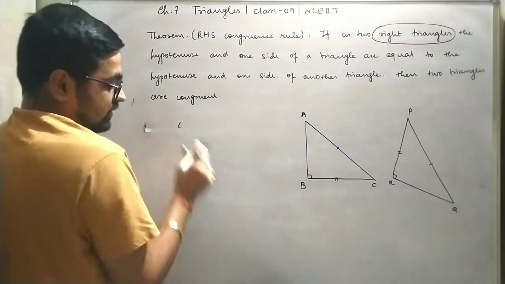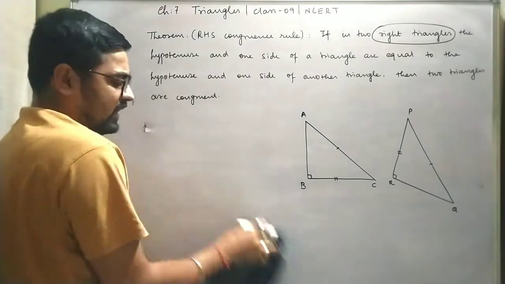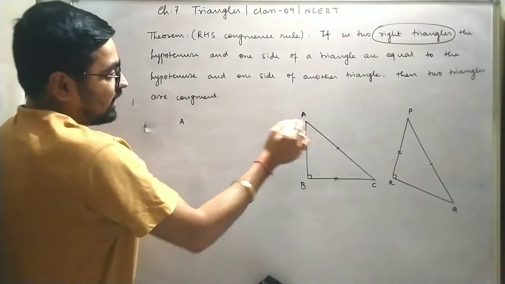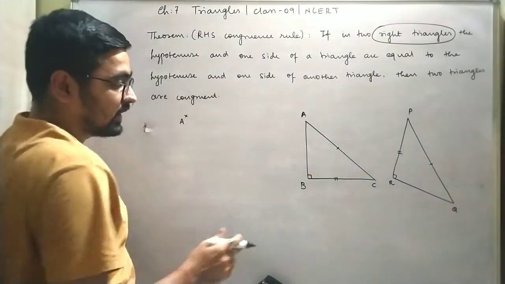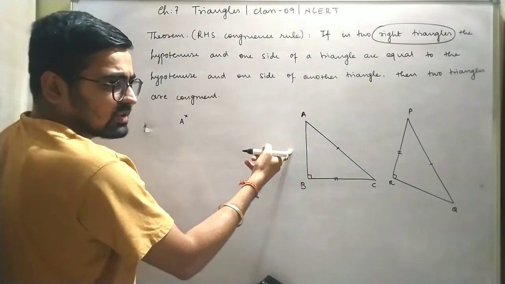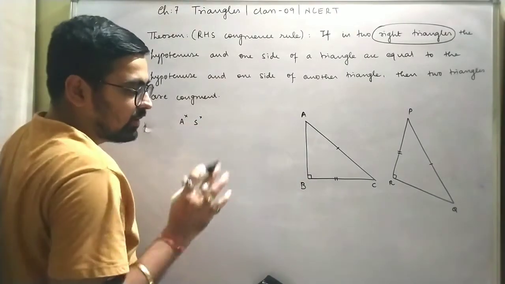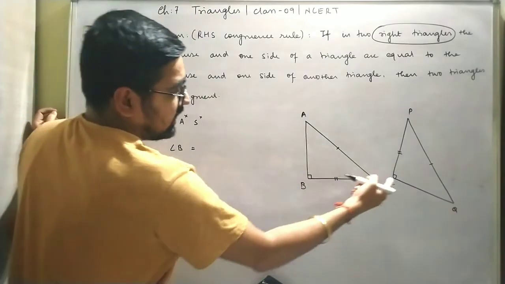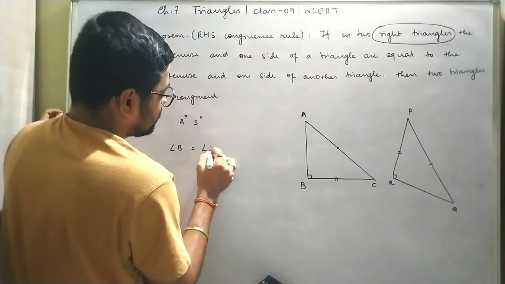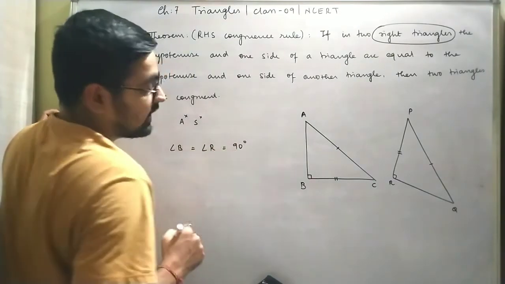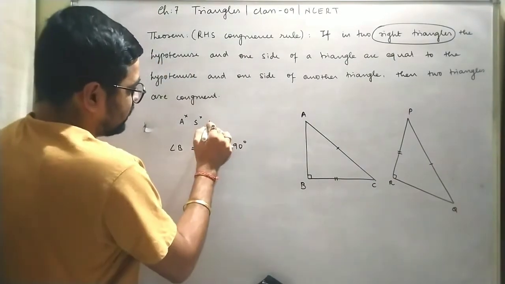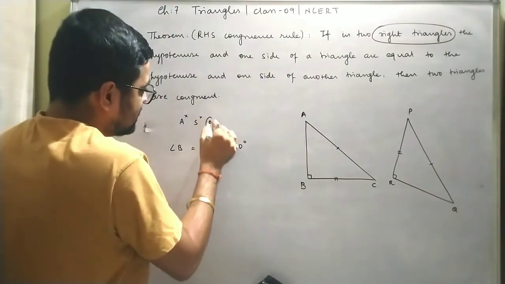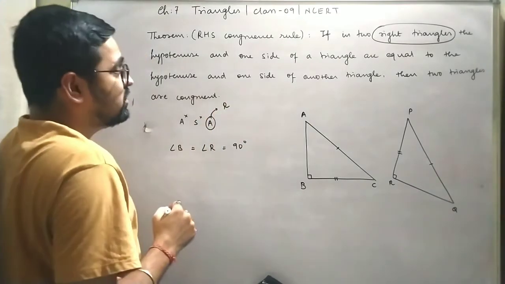So for us, let's start with the point A. Correct? As we did in the earlier steps, we will do the same. Let's start with point A. So do I know angle A? No. So angle P is also not known. Now let's go for the side AB. Do I know the side AB? No. Side AB is also not known. Do I know the angle B? Yes. Angle B, and correspondingly which angle is over here? 90? R. So angle B and angle R are both right angles, so 90 degrees. First criteria I got. So one angle I got. Then if you look at this angle, we'll say right angle, so that is why we use R.